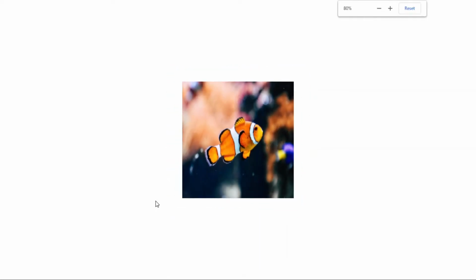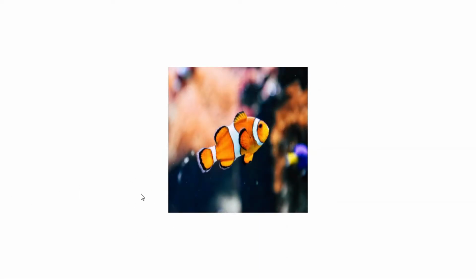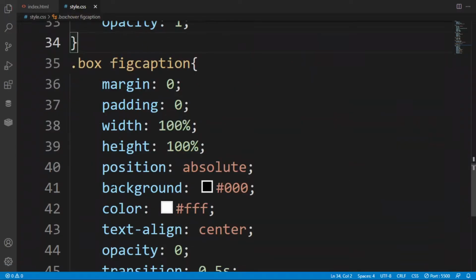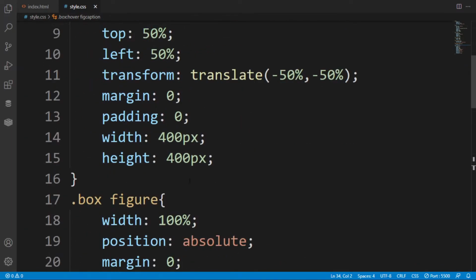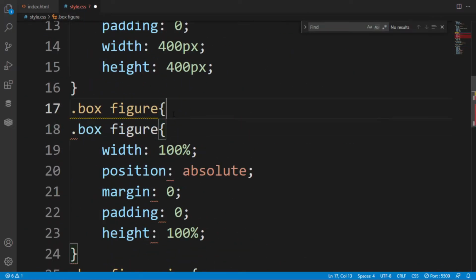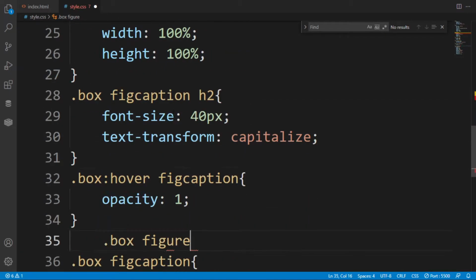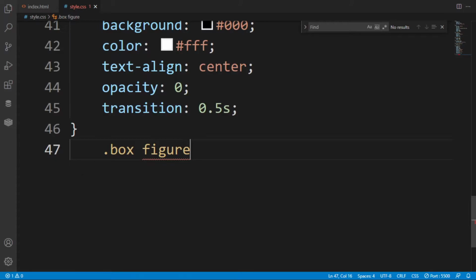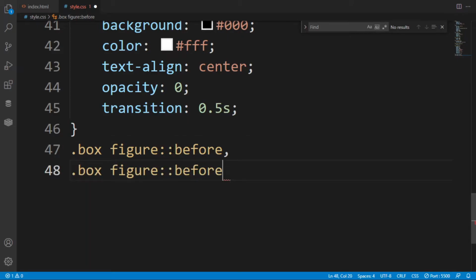There is a small transition of 0.5 second when I hover over this image. Then we are going to style the after and before classes, so just copy this class. The first thing we want to remember is that we have to put position absolute at the figure, because this will act as the parent.